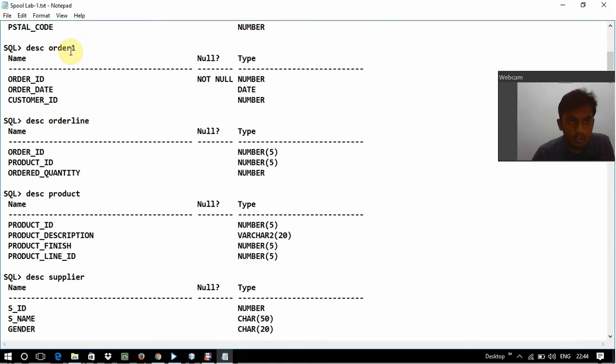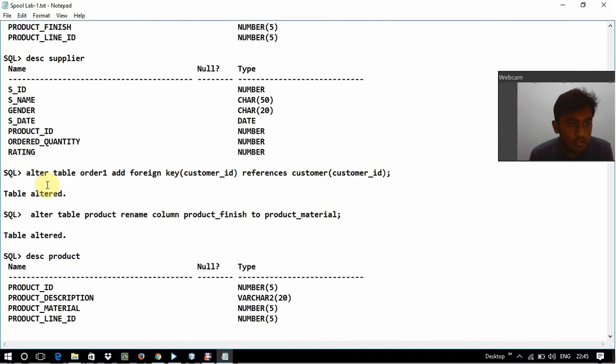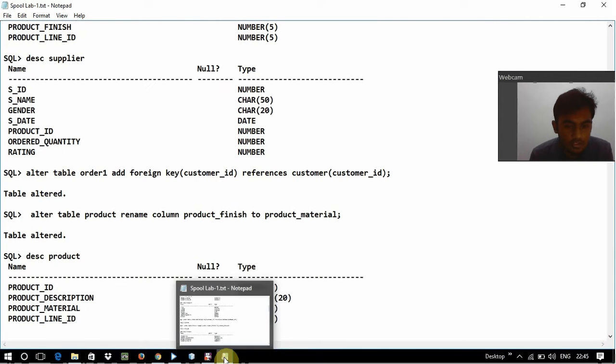Here I described order. I created the order table called order one, so I get the information about order one. Here describe order line, so I'm going to get the information about that order line. Here describe product, so the description about the product, and this supplier. So my next question is